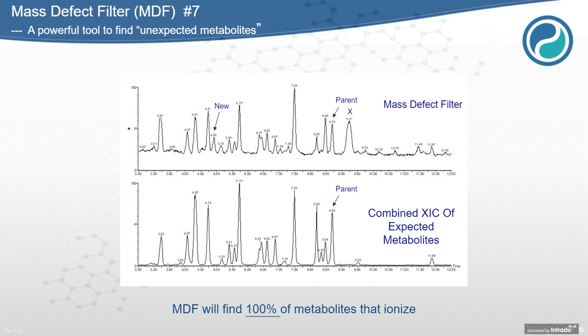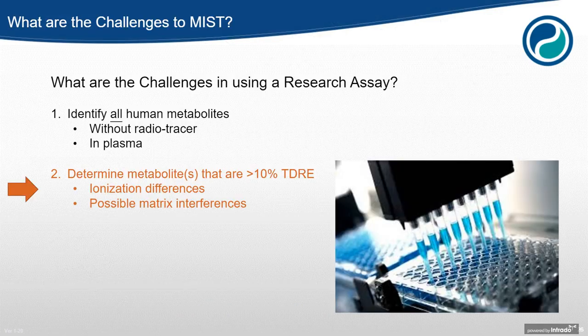And ironically, from this data set, which is why I'm showing it, of course, this is 19 metabolites versus 18. So that's almost exactly 5%. So using mass defect filtering will allow us to get to the point where we can identify 100% of metabolites that ionize. I need to emphasize that caveat. We are using mass spectrometry. So if you have a metabolite that does not ionize, these tools will not help in identifying them. Luckily for us, most of our xenobiotics ionize very nicely in either negative or positive ion. And so this works, broadly speaking, very, very well. Next slide, please.